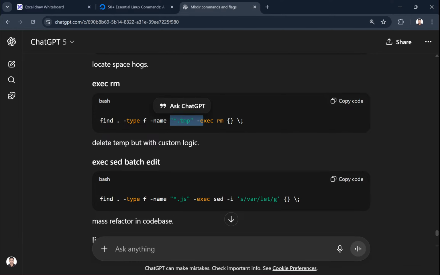And now we can go ahead and practice grep pattern. Okay. Let me go ahead and